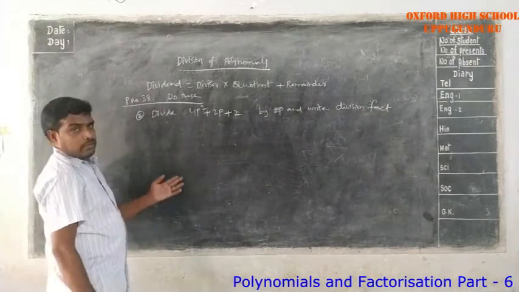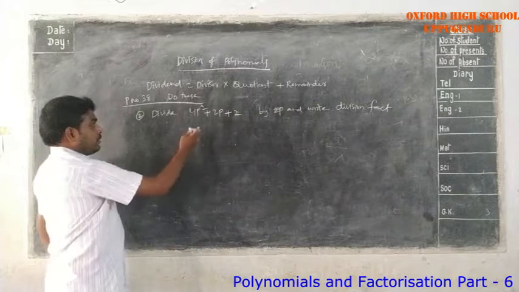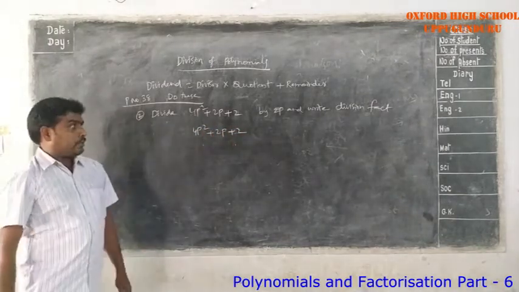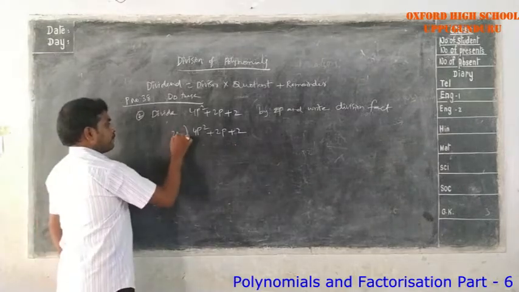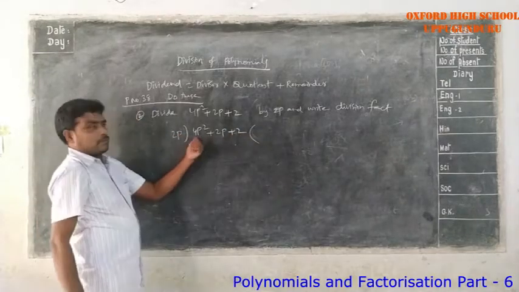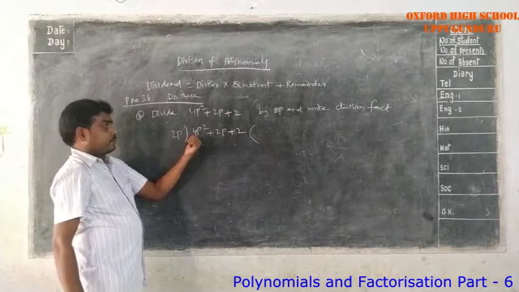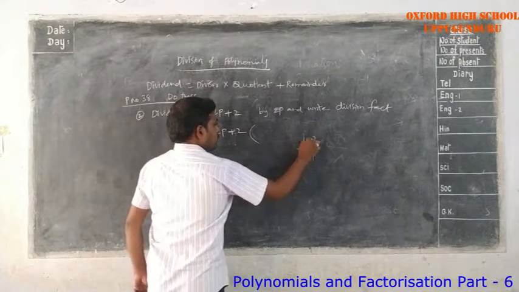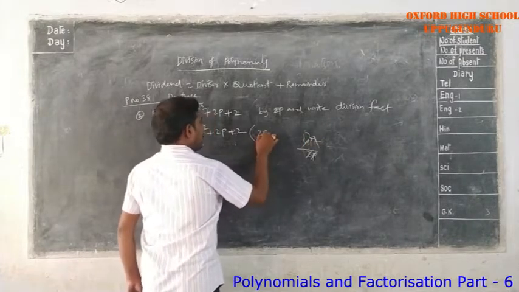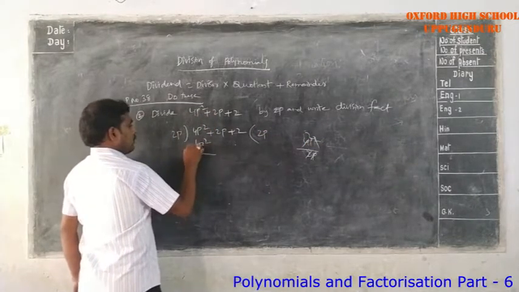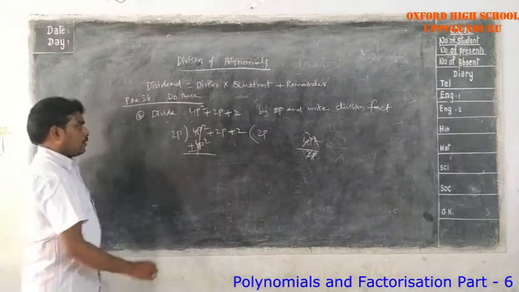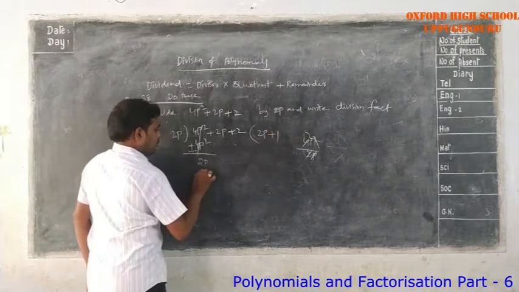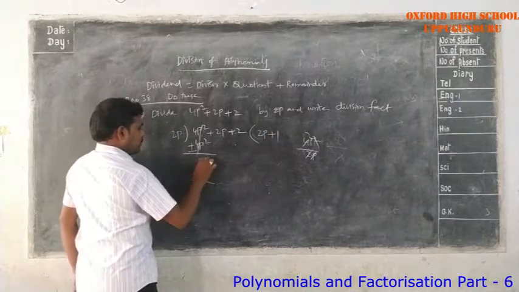So in the same way you have to do. What is the dividend here? 4p square plus 2p plus 2 is the dividend. Divisor is 2p. Now the first term of the dividend is 4p square. The first term of the divisor is 2p. So 2 twos are 4, p ones, so we get 2p. 2p into 2p, 4p square. Plus becomes minus. These two get cancelled. Next 2p. 2p by 2p you get 1. Plus 1, 2p, plus minus becomes cancelled.